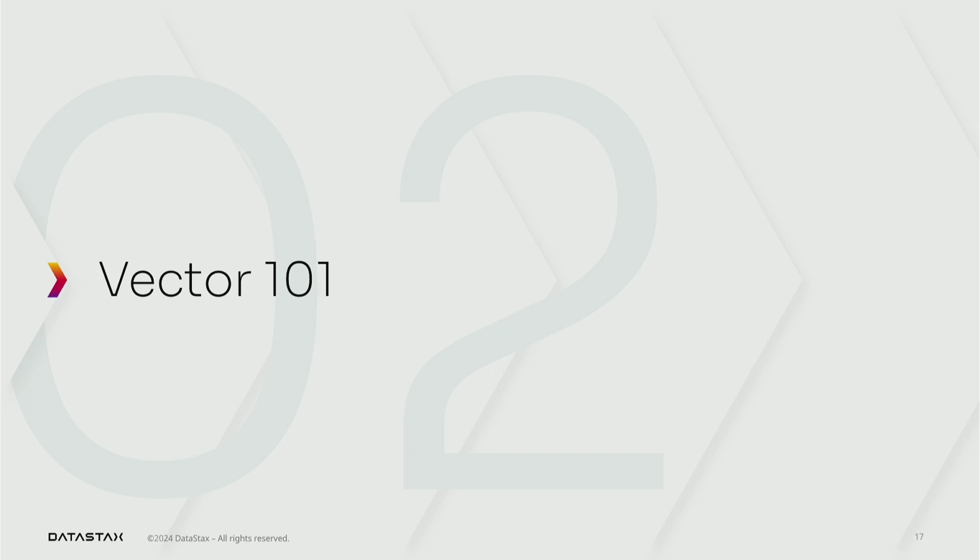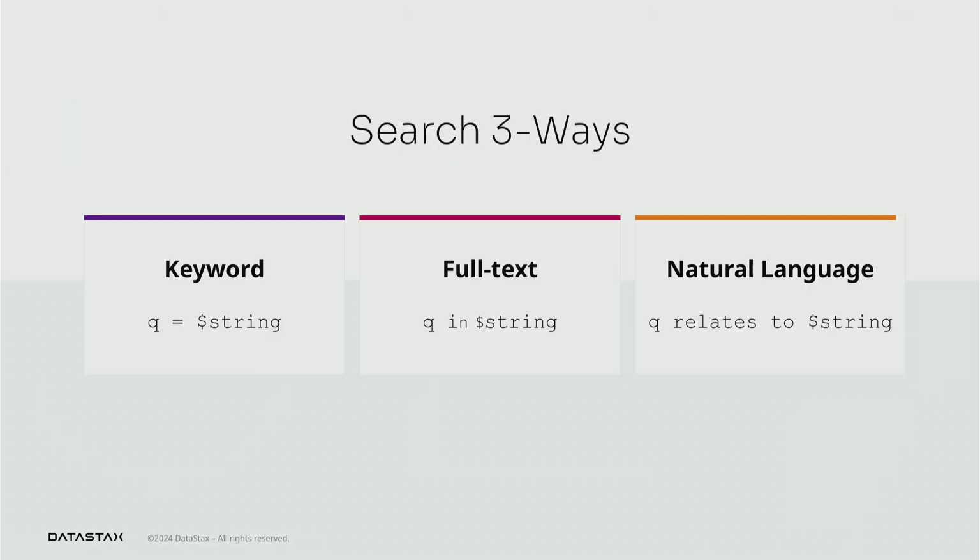All right, so we move up the stack a little bit, going to vectors. Here's how I think about vectors in the context of searching. Start on the left, the simplest search that we can all picture. It's a keyword search. It's like an equi-join. You get a subset of things where this matches. And that works super well for structured data, anything you'd have in a relational database. That's keyword search. So moving right along this continuum,